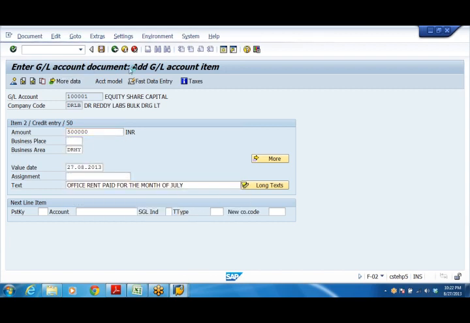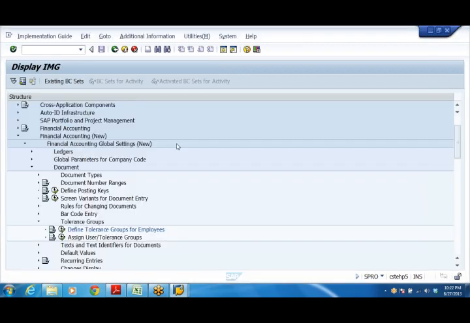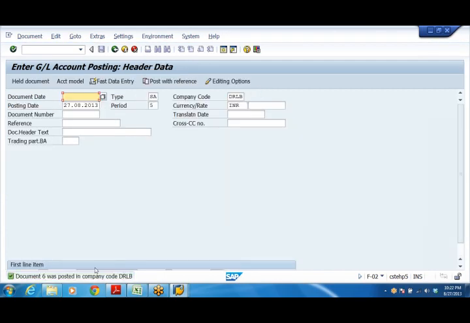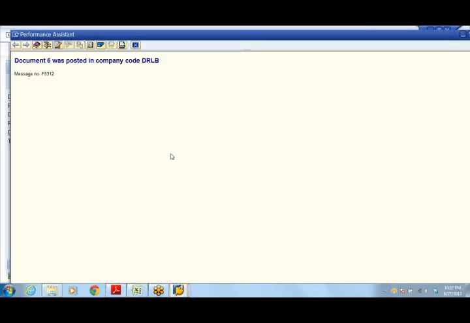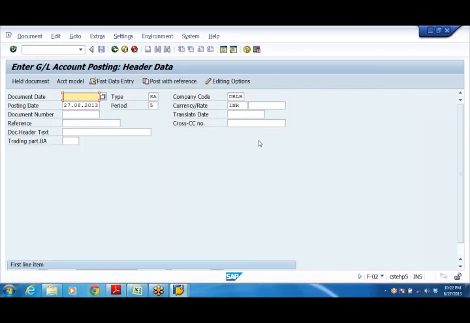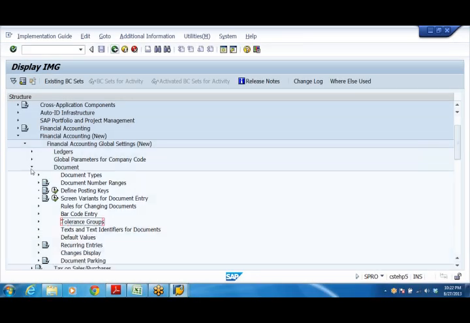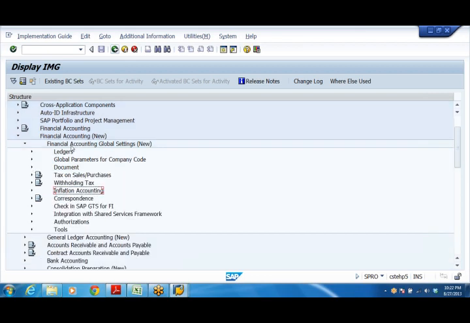So this is one check. Next check, I want to show you how posting period variant works. Document number 6 was posted. So this is in Dr. Reddy Labs bulk drugs. Now here, if you remember, posting period variant,